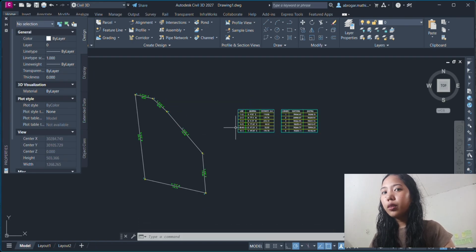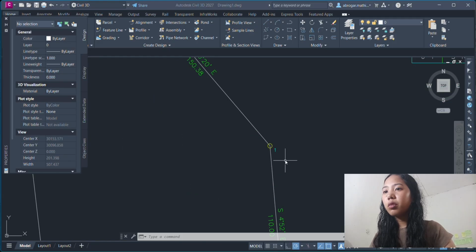Then let's trim the inside of this circle. Trim the inside of circles.